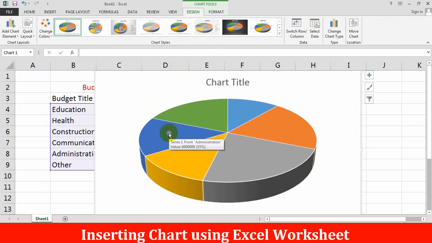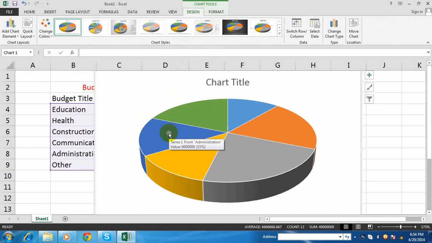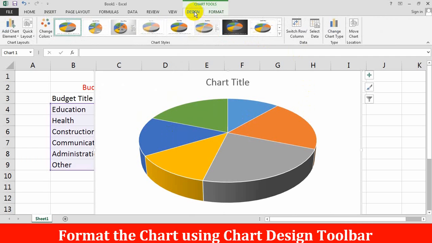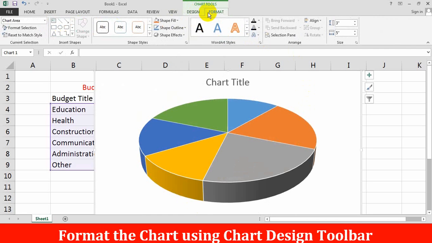Now when you choose any chart style, immediately the chart tools with design and format tabs appear. With the help of the design tab, we can design the chart, and with the help of the format tab, we can format the chart.